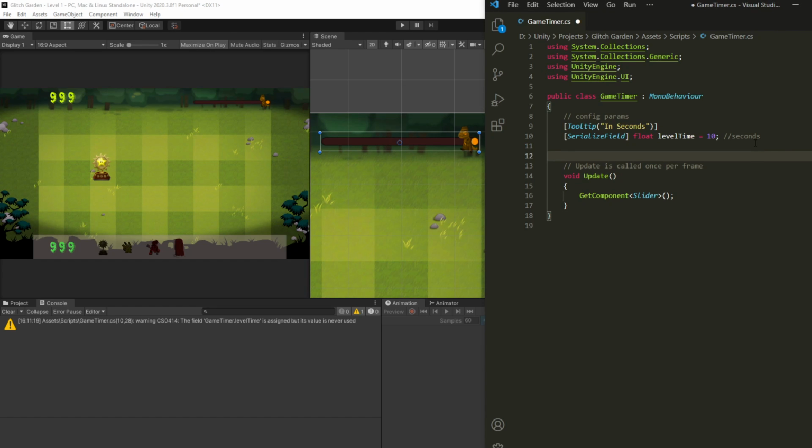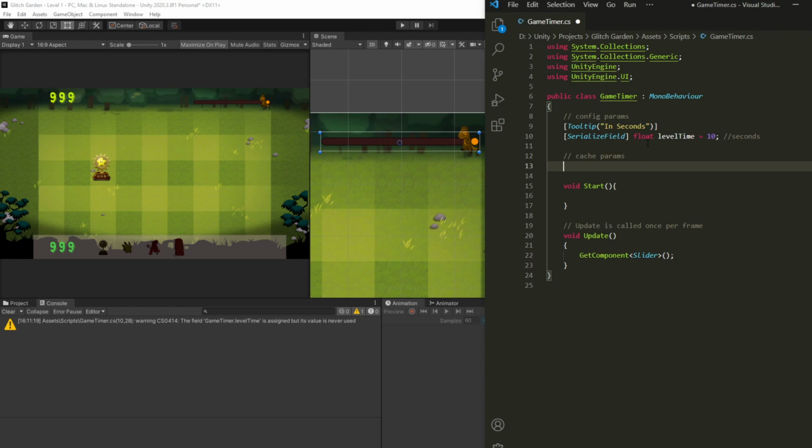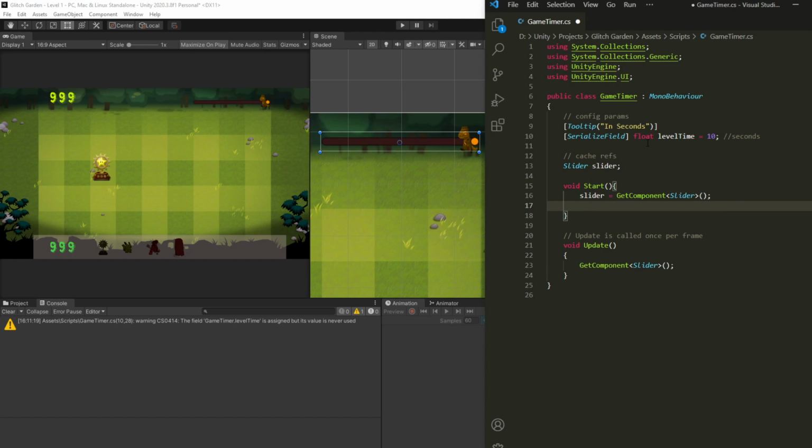So we do need a start. I don't know why we deleted it. Cache params are. So I noticed that we don't have to do this all the time, but I guess for me it's kind of like a learning experience. Slider, and then the start we'll do slider. Oops, get component slider, and then once we do that, we're gonna